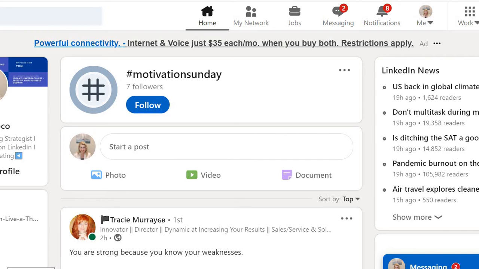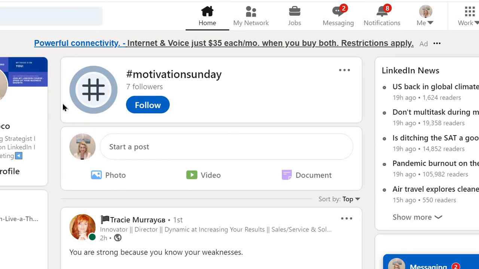But I know that from before, as far as I remember, hashtag motivation has, I'm sure, more than 20 million followers. So I've tried using another hashtag, which is Motivation Sunday,